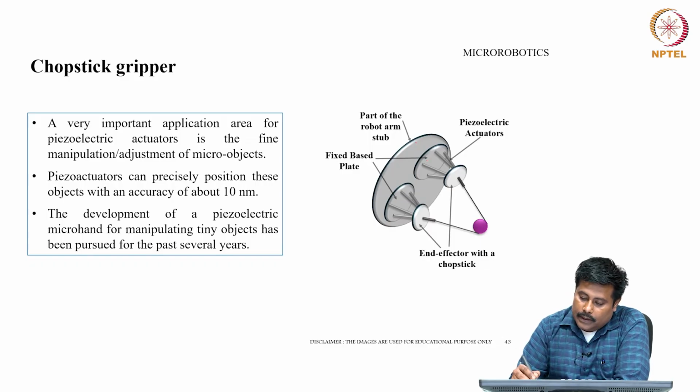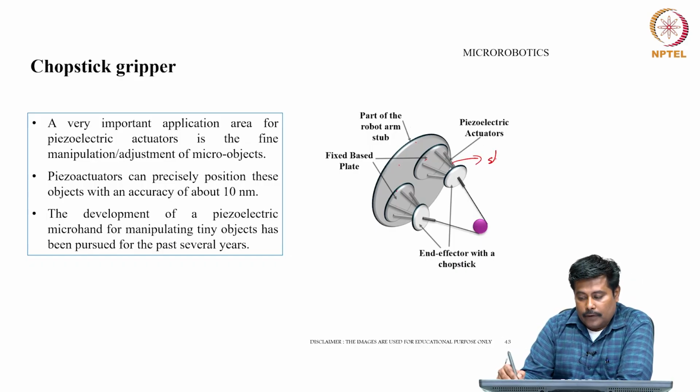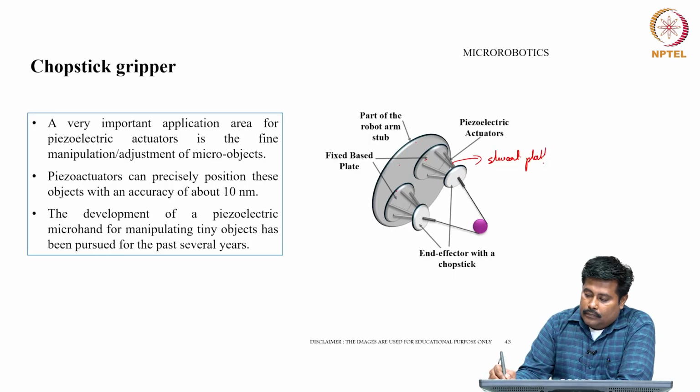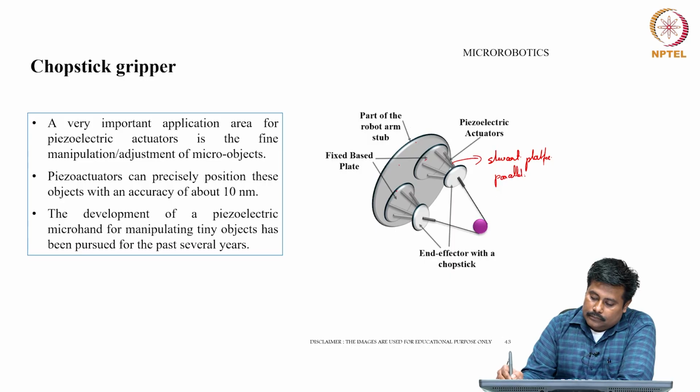Then there are two fixed base plates, a piezoelectric actuator in the form of a Stewart platform, which is a kind of parallel manipulator, placed on both the sides, and then there is an end effector which is a kind of chopstick